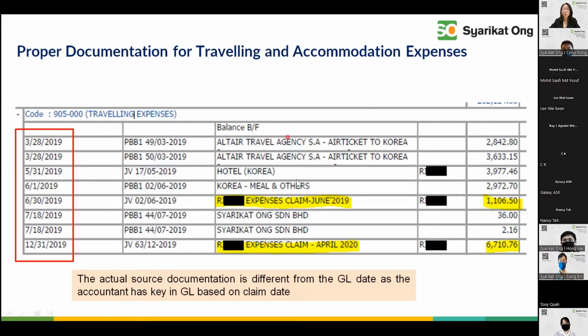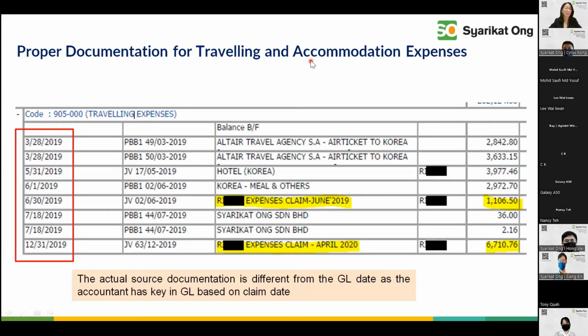So when we go into the source document, because the Inland Revenue picked it out, and check back the calendar in the year 2019, only then do we realize some of this traveling was actually done during the holiday period, right? Including this one, 31st December, which was an expense claimed in April. I don't know why they put it here. I would say maybe they did not have enough expenses, so looking for expenses for CP204, not enough now.